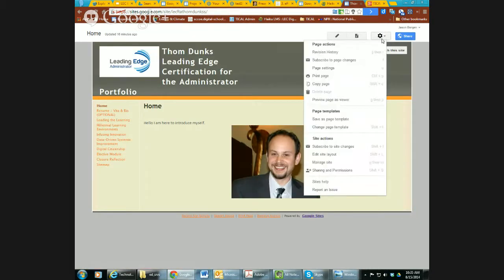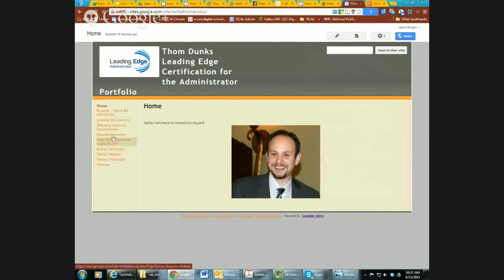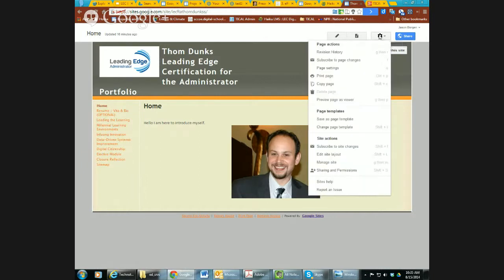The last thing I want to show you is actually how to change this sidebar and customize the navigation a little bit. So again, settings is your friend. Click on settings, and this time you want to edit the site layout. So if you click on edit site layout,